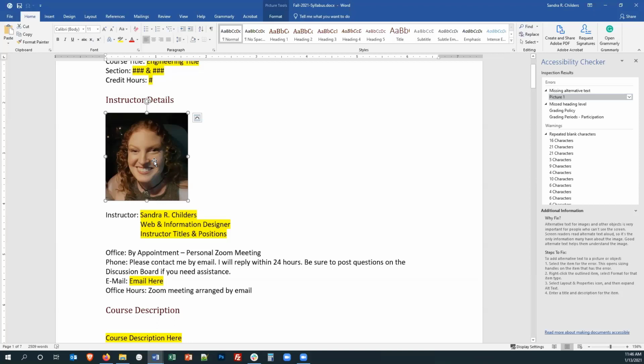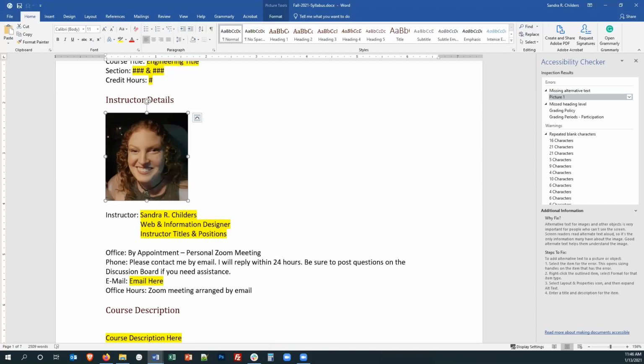This picture, however, brings up the concept of a screen reader. So I want to define what that is really quick. A screen reader is software that will read accessible documents and web pages for people who are blind or have any type of visual disability. It could also be used by those with cognitive disabilities like dyslexia, where lines of text can sometimes merge together. So all visual content like images that are meant to convey meaning to your student should contain this alternative or alt text. So a screen reader can read out this description for those who cannot see the image.